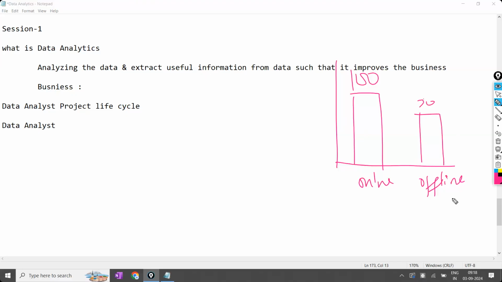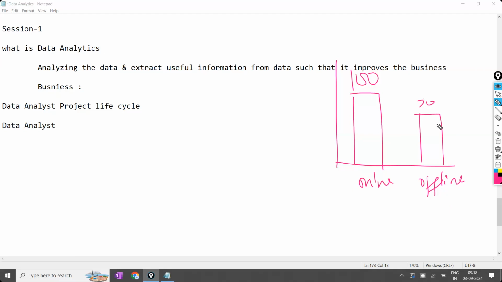Now from this, what are we going to understand? More students are interested in online, and they want to learn from there, with the work-from-home culture and so on. So they are trying to learn that way. Now, whenever we want to do upcoming business, for example, if Naresh IT has to do something for business, they will focus more on online rather than offline. Is the point clear?